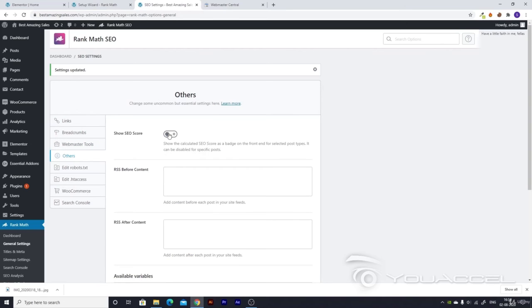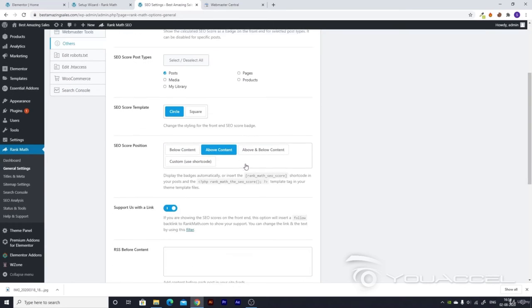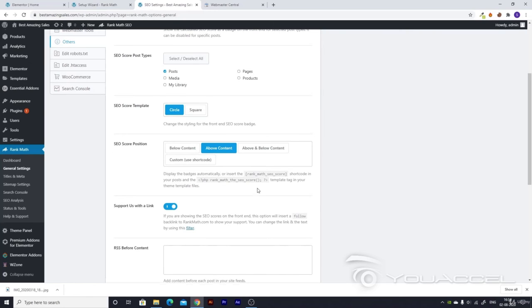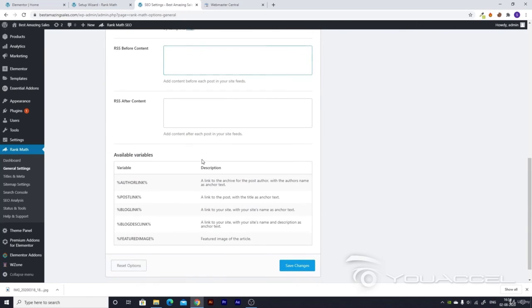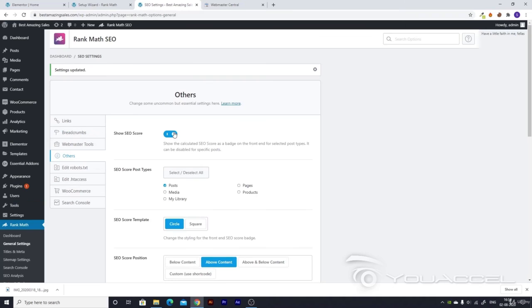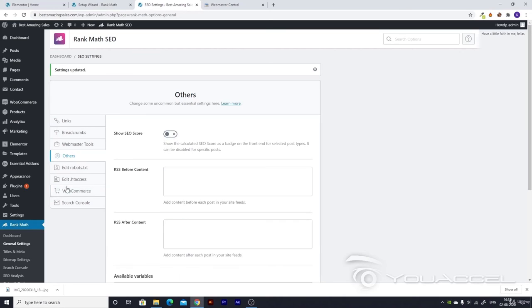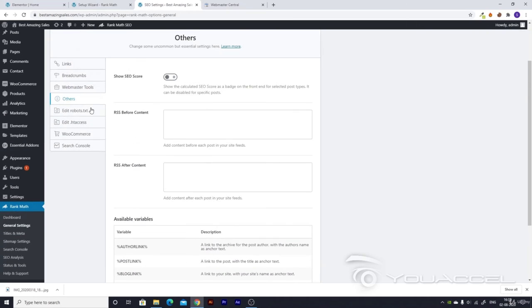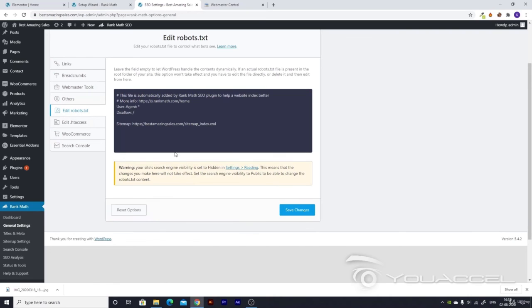And now let's go to others. You should hit show SEO score, and yes, you can see SEO score position, support us with a link. This is not necessary, but what this will do is show the SEO score of your post to the people visiting you. So it's not recommended, but if you want it just for yourself, you can enable it, but for right now I will not. And then you can go to edit robots.txt,